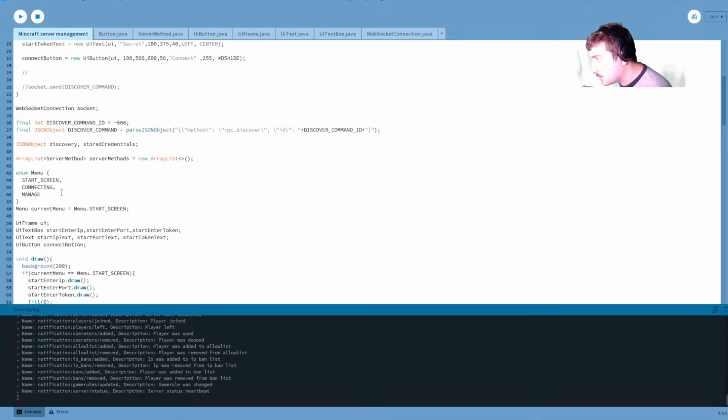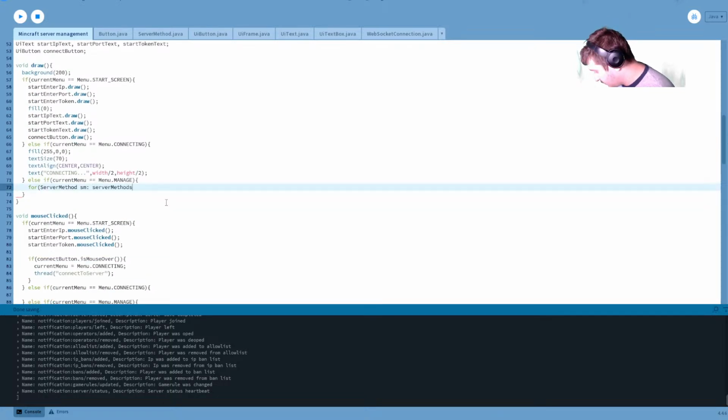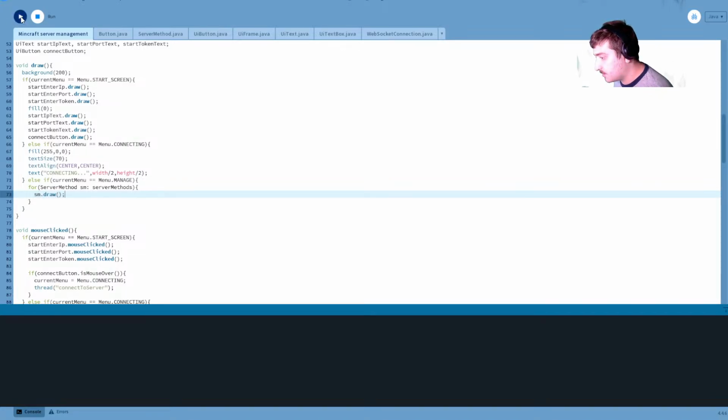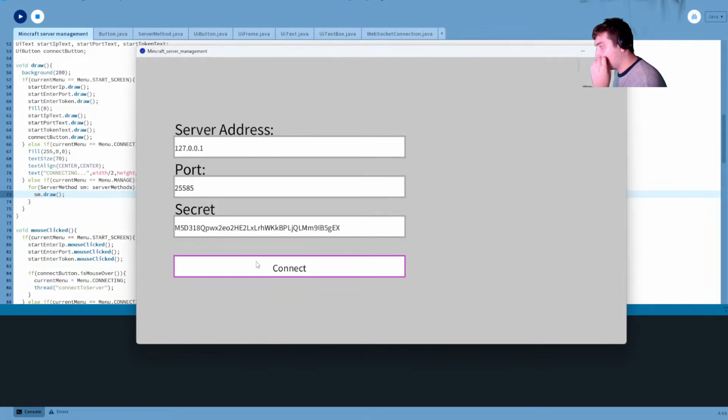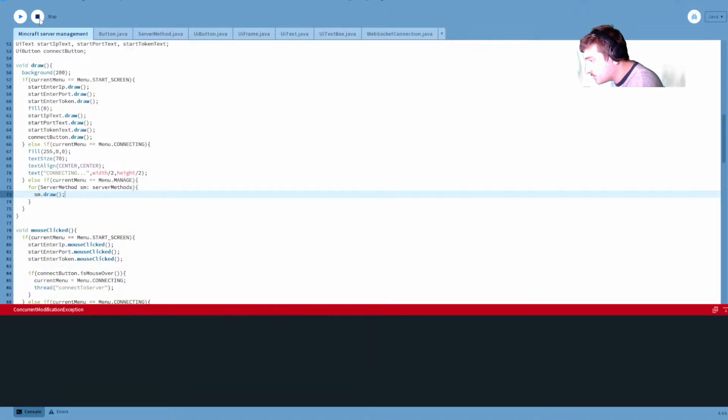SM in server methods. Draw the current server method. All right. So we connect, get a concurrent modification exception because